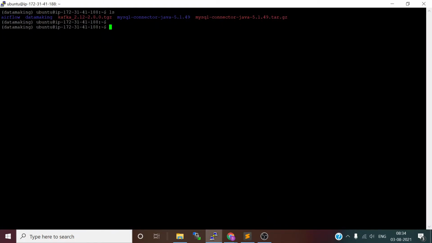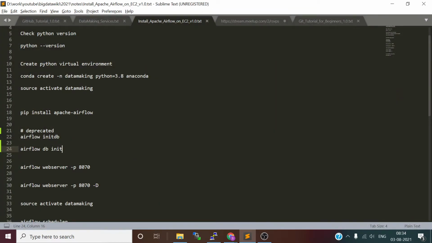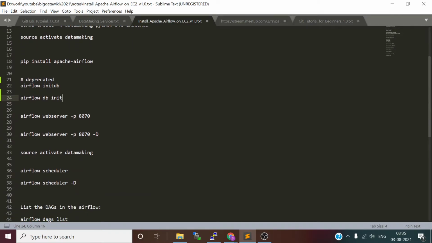You will see that in the home directory, /home/ubuntu, which is my username, there is the Airflow folder. That's basically the home folder of Apache Airflow. And now you can run your web server. Airflow has two important components: one is a scheduler, another is a web server. The web server is a dashboard to monitor your jobs. The scheduler takes whatever workflow or DAG you schedule and takes care of scheduling the jobs. So we need to run both.